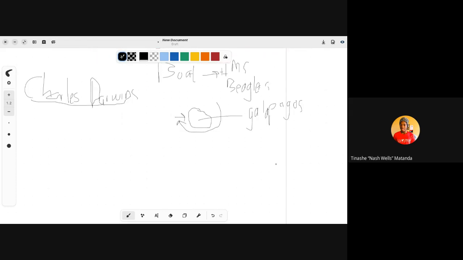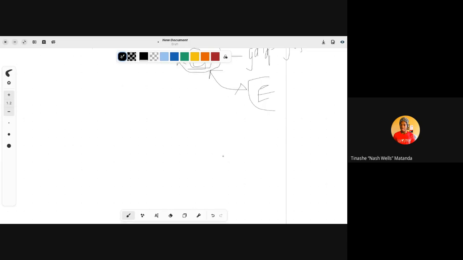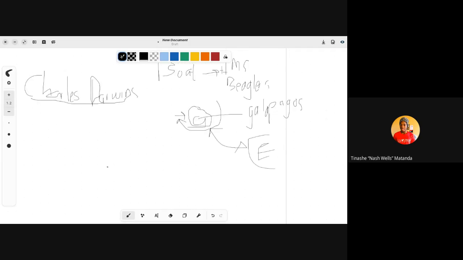So he looked intensely at those in Europe and those in the Galapagos Island, trying to find out why they were different. According to what he knew, they had to share the same common ancestor. I mean, they look alike, so obviously they originate from the same ancestor. So he was quite smart. He knew that they had to go through certain changes. But he wanted to know the deeper reason why they began to deviate from one another through time. This is where he came up with the law of natural selection,